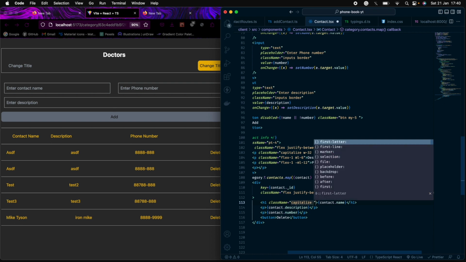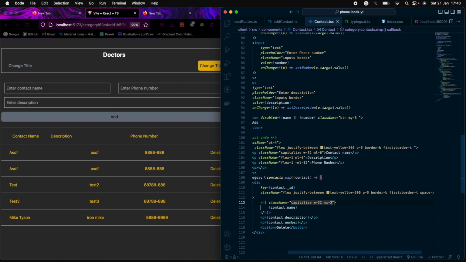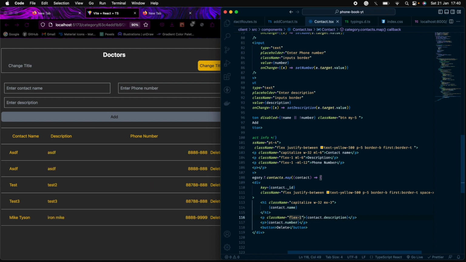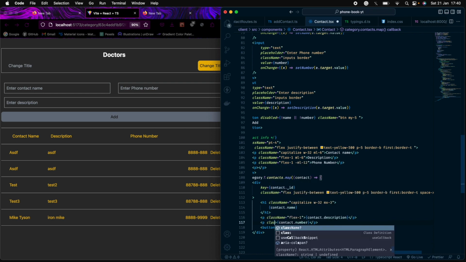Okay, width of 32, margin x of 3. Okay, it's coming together now. Flex 1. So it's basically allowed to take how much ever space is required to take the maximum amount of space. There's also a property called 0, so it takes the least amount of space possible. So for now I'll take 1, and I'll take here also flex 1,